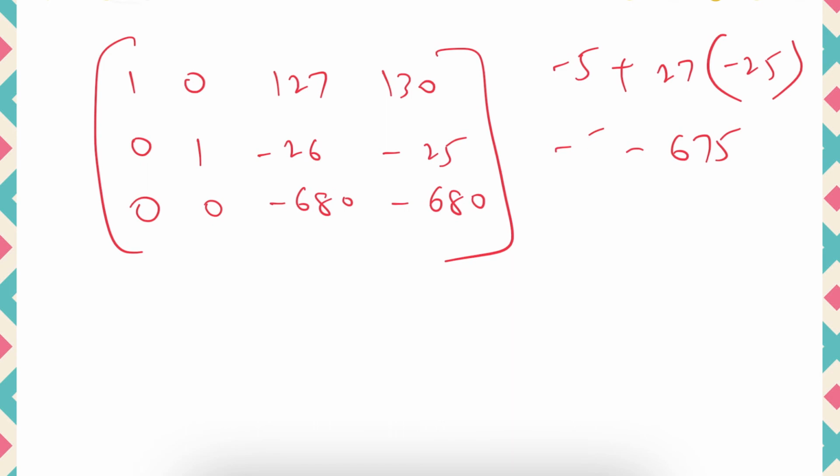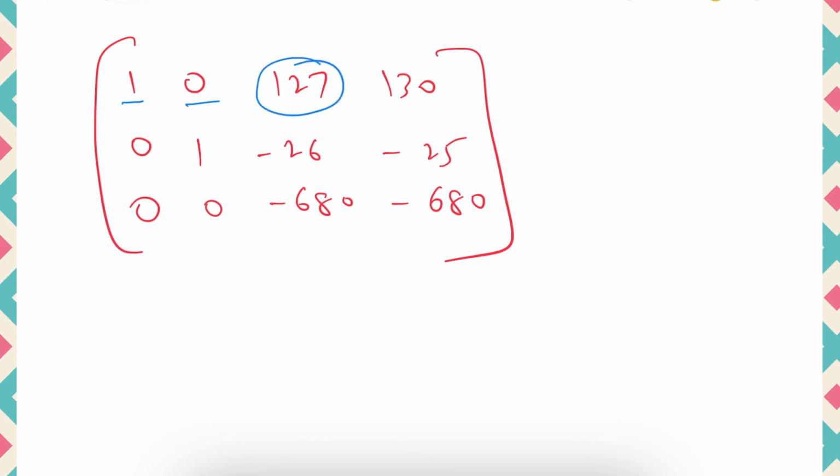Okay, now if we observe still what we need to get and what we got. Here 1 should be there. Okay, 0 should be there. Here 0 should be there. Here 0, 1. Okay, but here 0. Here 0, 0. Here 1 should be there. So these 3 only need to change now. So for that, what we will do,